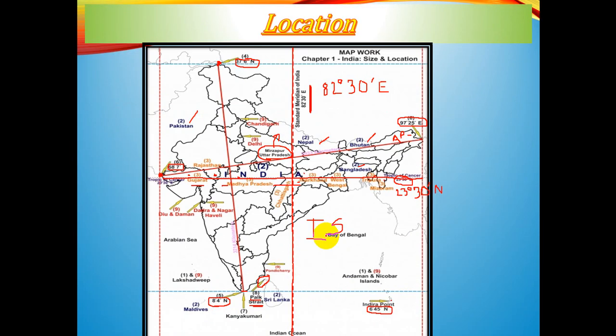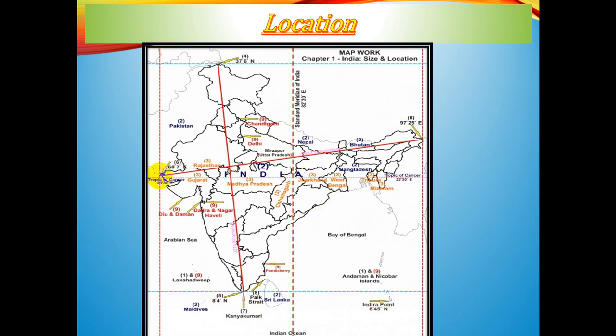What is that coastline? You can see that if we start from this Rann of Kutch area, till this deltaic part of West Bengal, and if we include the entire coastline of both the island groups, Andaman, Nicobar and Lakshadweep, the total length is 7,516.6 kilometer. But if we exclude these two, if we are not including Andaman, Nicobar island groups and Lakshadweep, then the total